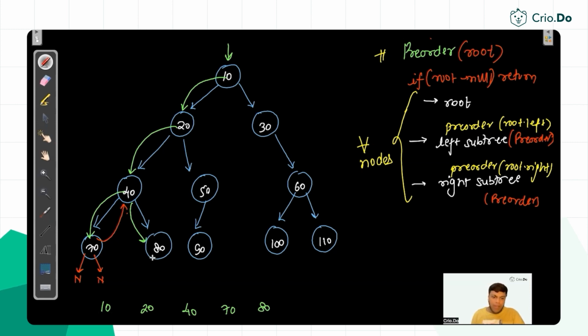Second job will be making the call to the left subtree. Nothing is there. Third job will be making the call to the right subtree. Nothing is there. And finally returning to the calling function. So 80 does three things. First, print itself, make the call to left, return, make the call to right, return, because it is a leaf